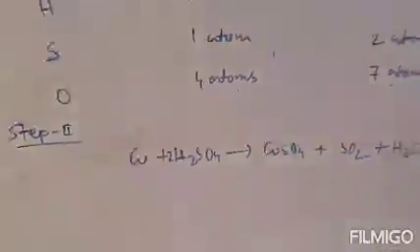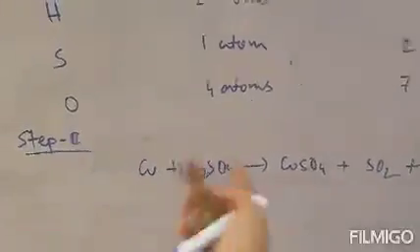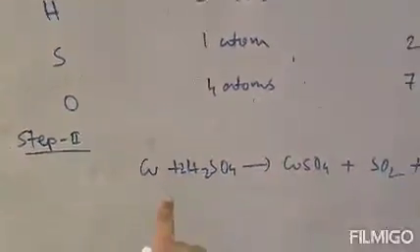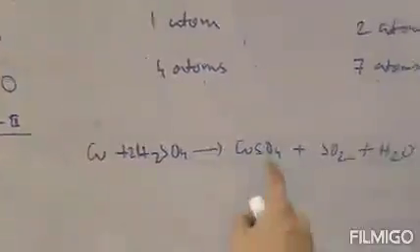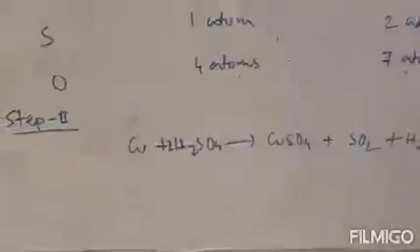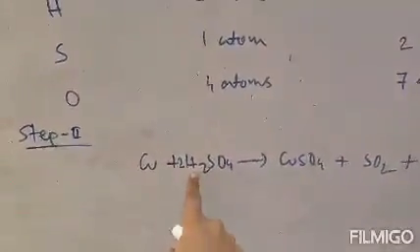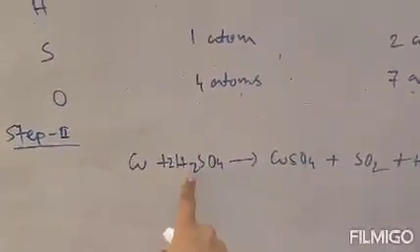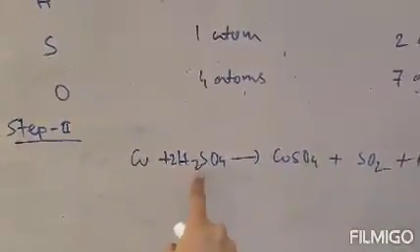If you put 2 here, sulfur will be 2 atoms, because previously there was 1 sulfur atom. Now sulfur is balanced: 2 atoms here and only 2 atoms there. That means sulfur is balanced. Clear? But now count the number of hydrogen atoms. Now hydrogen is not 2, hydrogen is 4, because 2H2 means 2 twos are 4 hydrogen atoms.